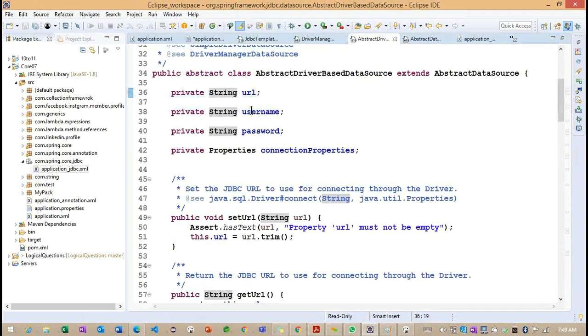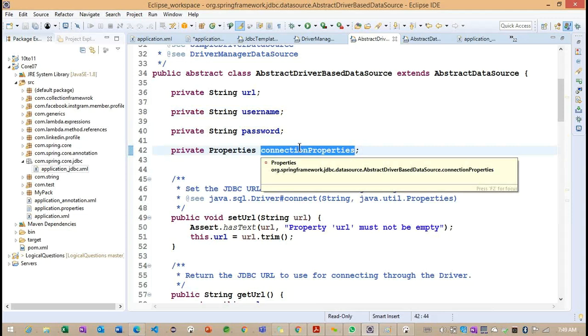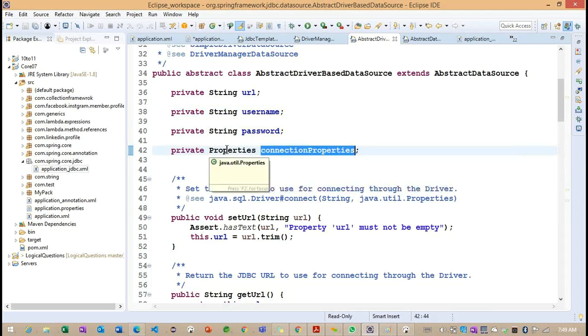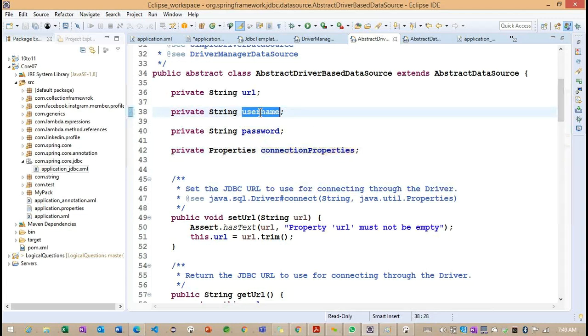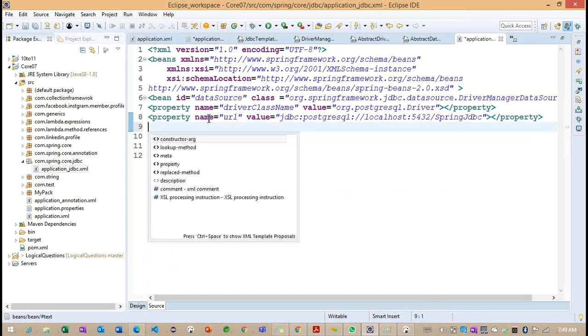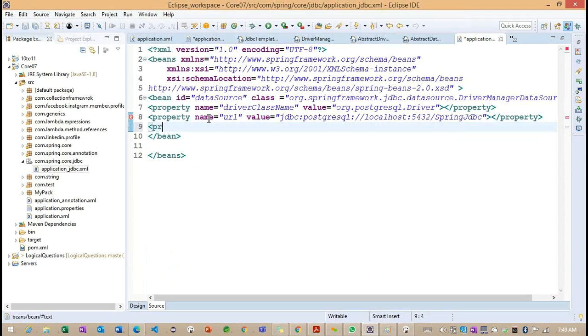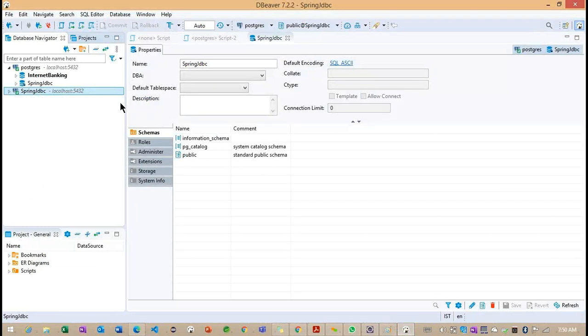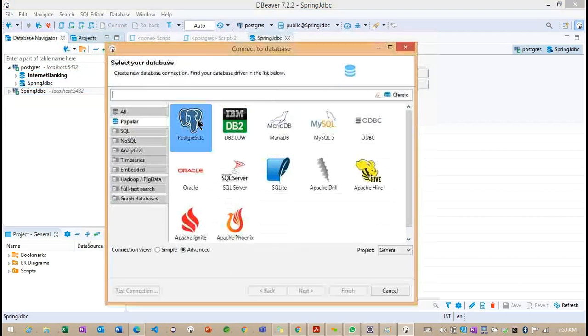Now we need to focus on the remaining properties. Now you can see username and properties. And if you have any connection properties, you can go for these properties. Okay. So presently we'll connect our username and password. Go to application.jdbc. Property name, username. The username, if you observe, is the default username we got previously when I was trying to create a new connection.